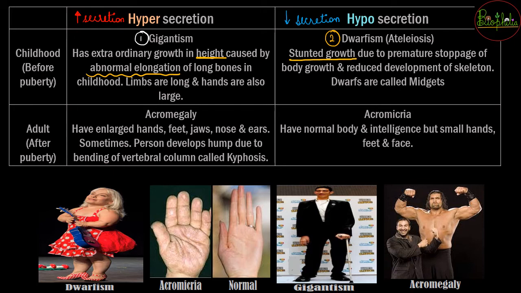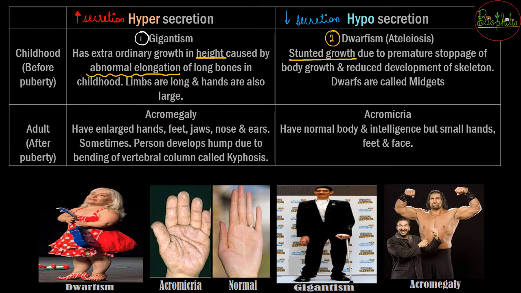वो छोटा रह जाएगा, उसकी height कम रह जाएगी, and that is because of premature stoppage of the body growth. So the stunted growth यानी वो dwarf जैसे लगेगा, वो छोटे से कम height का बच्चा रहेगा, and that is going to also reduce the development of the skeleton. So overall सभी चीज़ें छोटी छोटी रह जाएंगी, छोटे हाथ, छोटे पाँव, even the total height of the body of the person will also be small. And such people who are going to be having hyposecretion, जिनकी height छोटी रह जाती है,